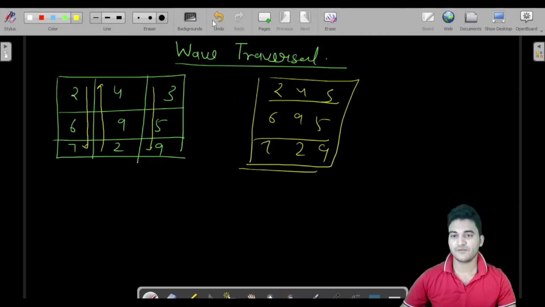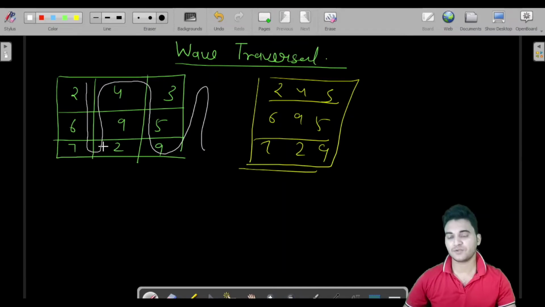So we have to print the output like a wave, which is, firstly we go this way and then this way and then this way and so on. Let us say we were having 4 into 4, then we would print in the same way. So this is the program which we have to develop.